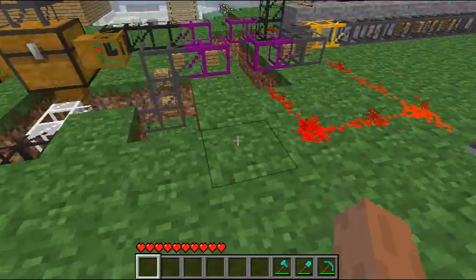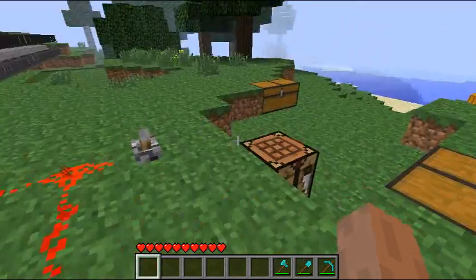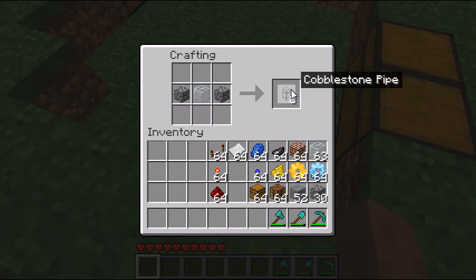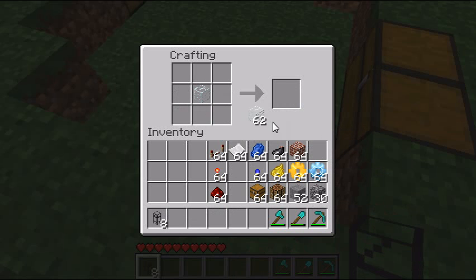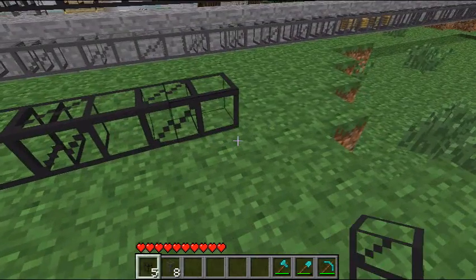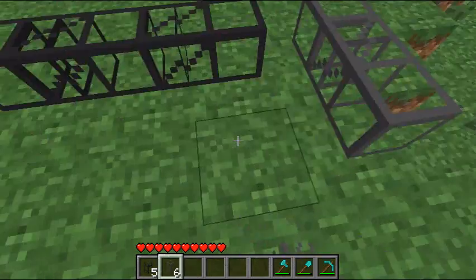A new kind of pipe has been added in the mod, which is the stone pipe. It used to be the case that out of two cobblestones and a glass, you would craft stone pipes. Now you only craft cobblestone pipes, which really work the same way as the previous ones. But now, if you create a pipe out of one piece of glass and two pieces of stone, you will create genuine stone pipes. And the first property of this guy is that stone pipes and cobblestone pipes